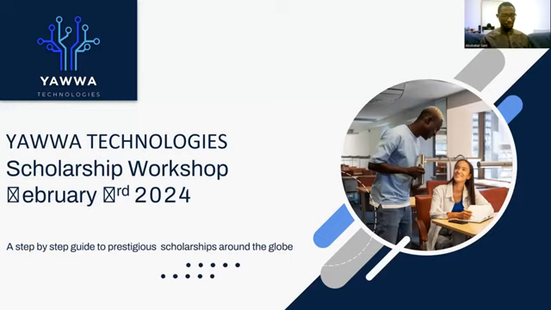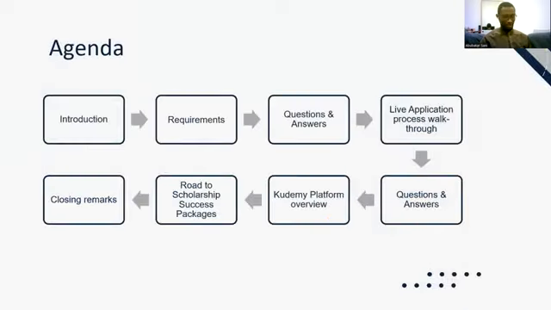All right. So you are all welcome to yet another workshop series on the scholarship tips and tricks. This is the third workshop since we started on 13th February. So the agenda for today will start with an introduction. We'll provide some overview of scholarships, how you obtain scholarships and the types of scholarships, as well as the benefits. We will look at the requirements that are needed when applying or seeking for a scholarship. We will open the floor for a Q&A, questions and answers. If you have questions, you can ask.